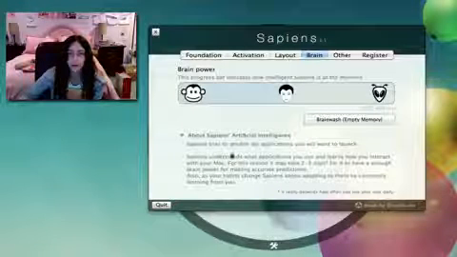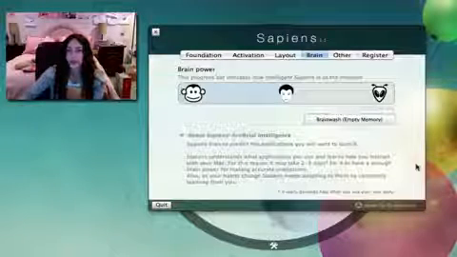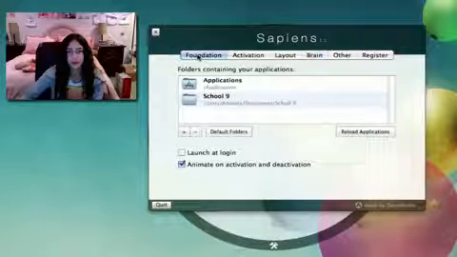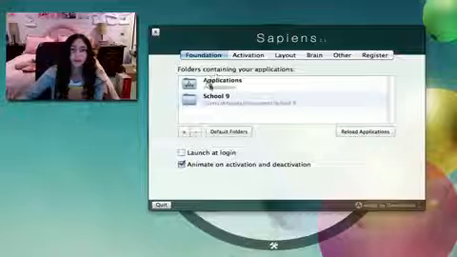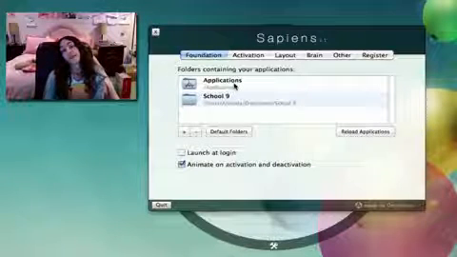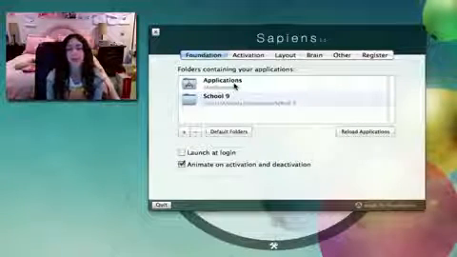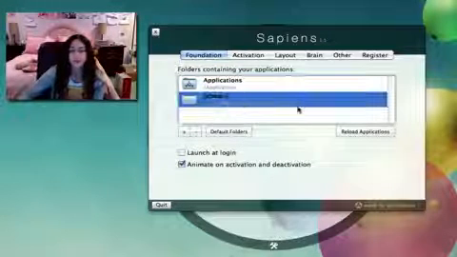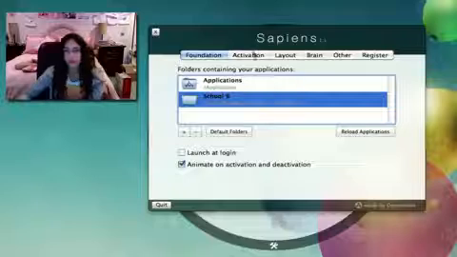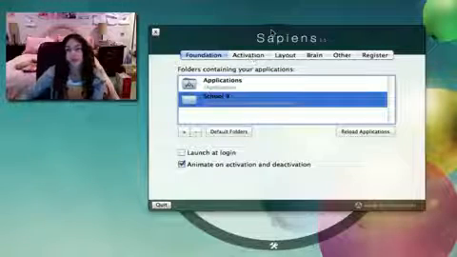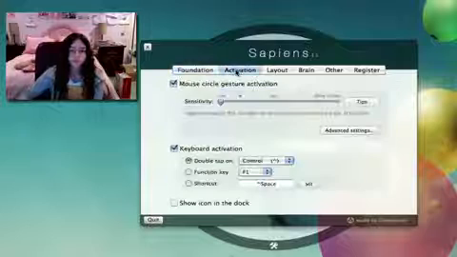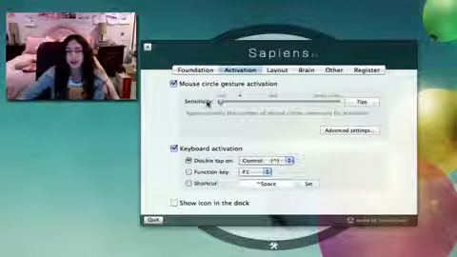It can explain to you it may take 2 to 3 days for it to have enough brain power for making accurate predictions. So you can also change the folders. So this application was originally created to search applications, but if you want, it can also recognize folders. So if you use a certain folder a lot and you want to access it fast, you can use Sapiens to do that. For activation, you can actually